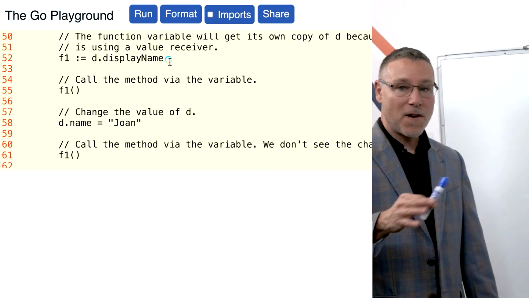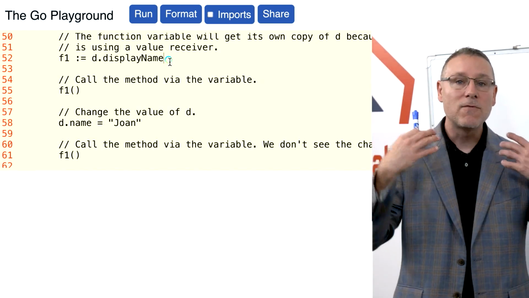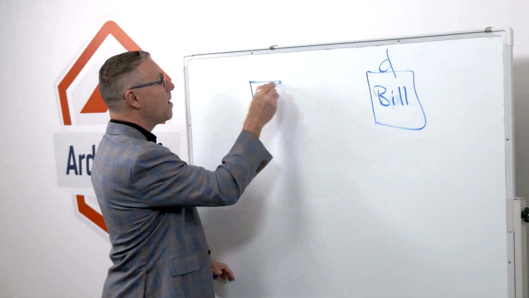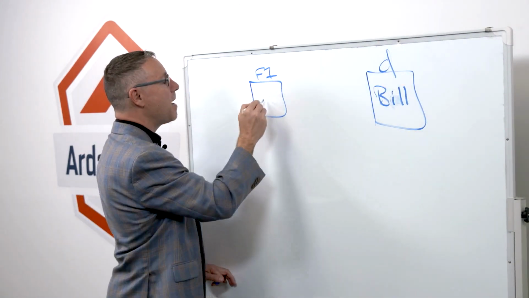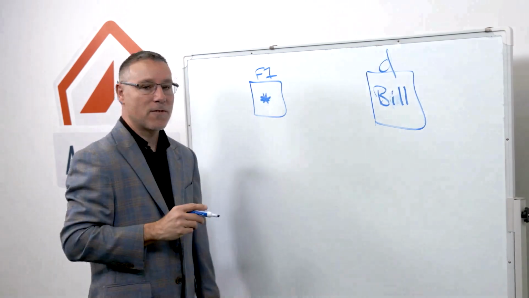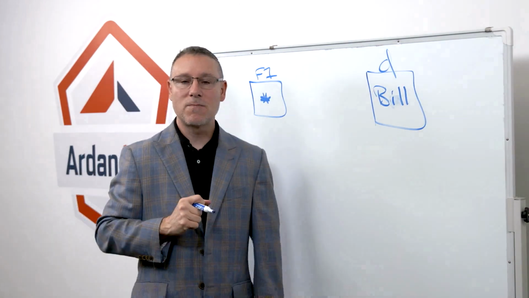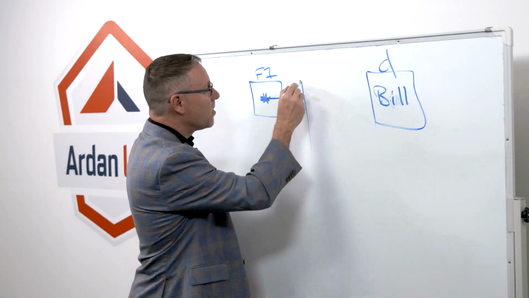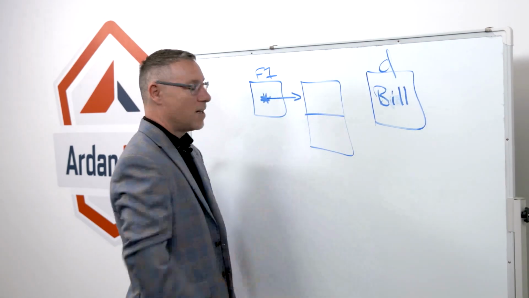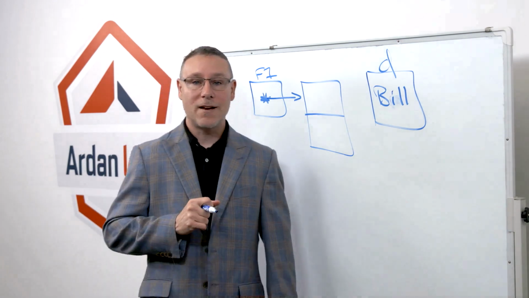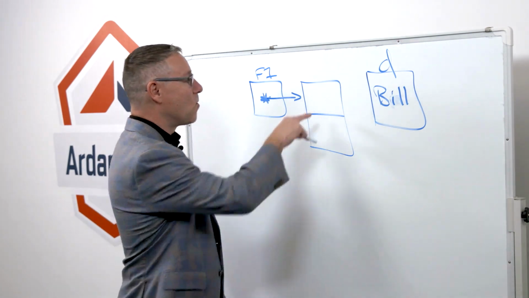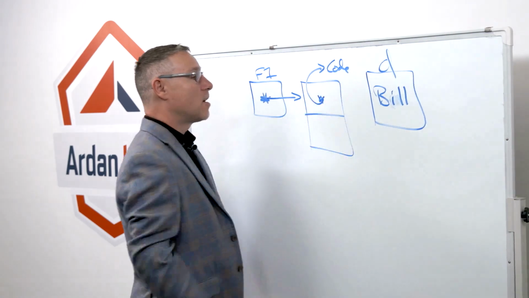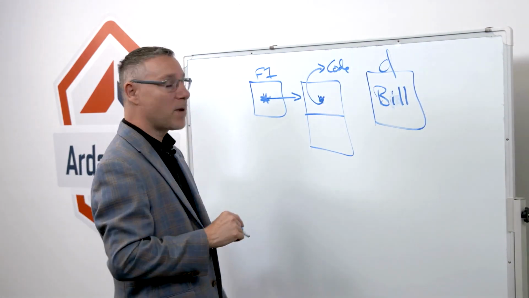Now, f1 is a function variable. It's part of that family of reference types. And if we were to draw that up on the board, f1, just like channels and maps, are just pointers. And what does this pointer point to? Well, this pointer is going to point currently to an internal data structure that looks like this, a 2-word data structure. Now, the first word is going to be a pointer to the code for, in this case, display name,